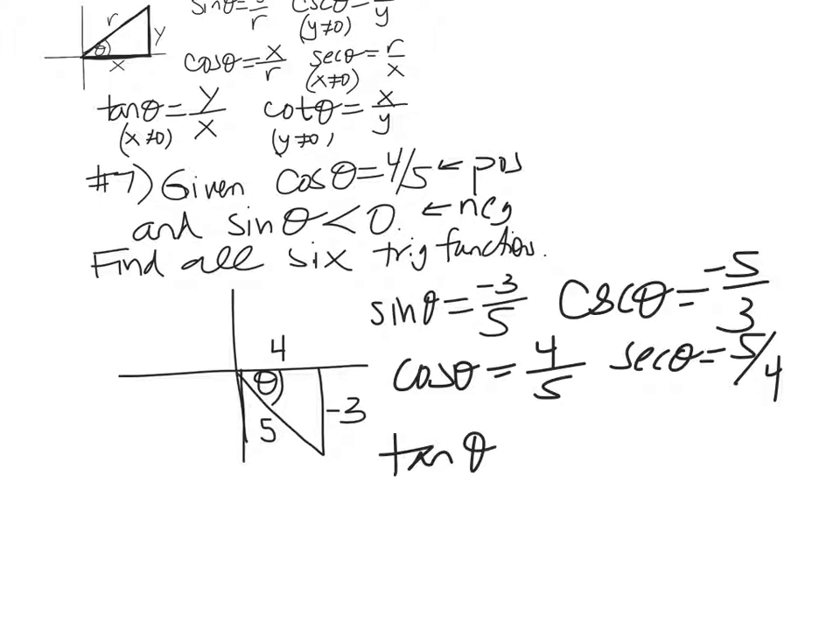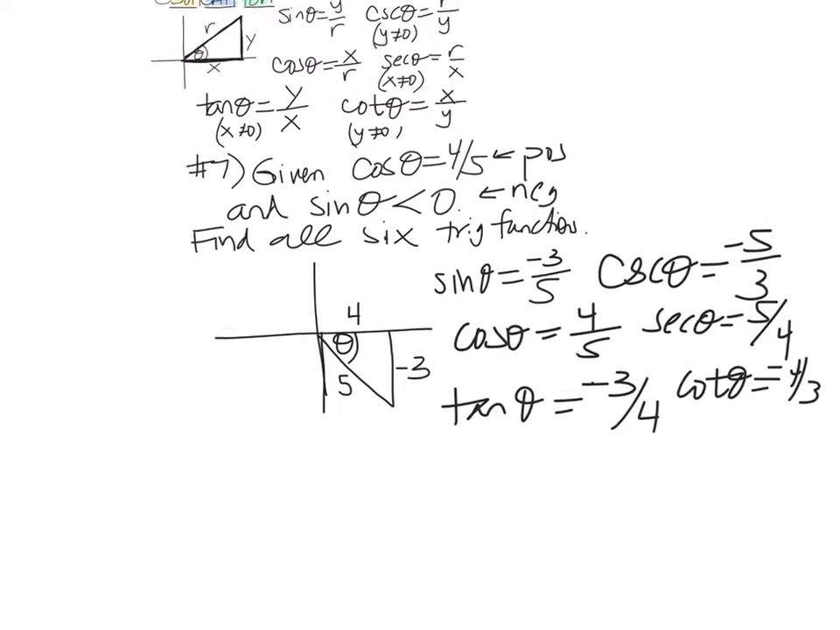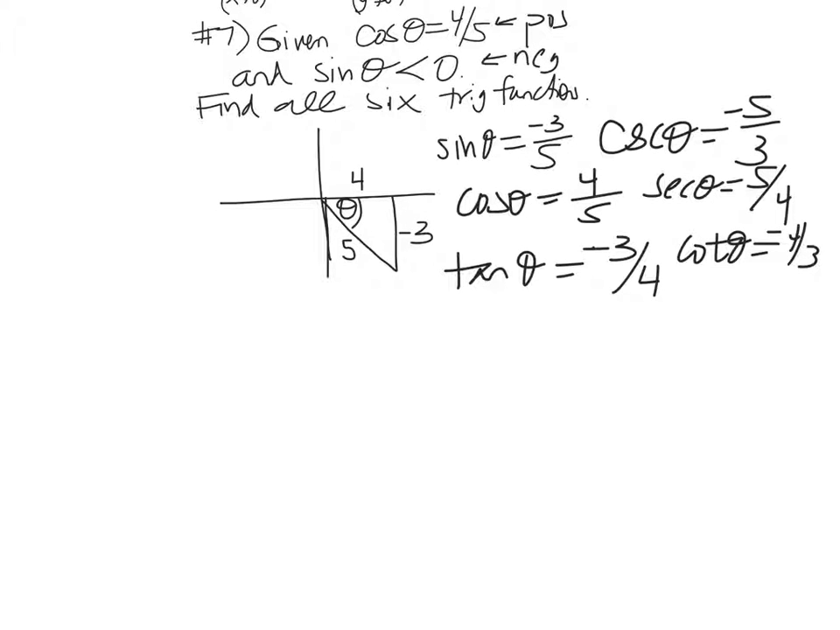Tangent, TOA, opposite over adjacent, so -3/4. And cotangent of that angle would be -4/3. See, that was pretty fast. Sometimes when you have an ugly radical and you have to rationalize everything, that's when it gets really bad. But we like to deal with really nice Pythagorean triples. It was only really bad with tangent when